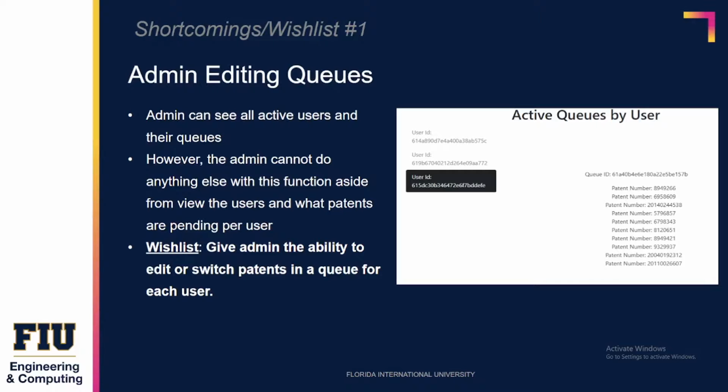For example, if the admin wanted to take patent 5796857 and put that at the top of the user queue so that the user can get to that one first before the other patents, it would be a lot easier to do it via their dashboard instead of having to permanently do it in the backend. And so by doing this, the admin is able to not only prioritize queues, but